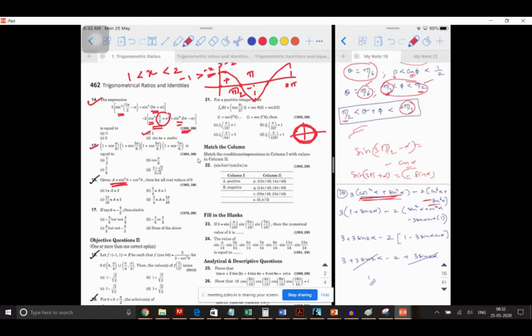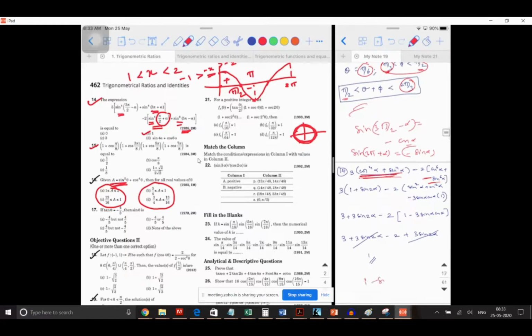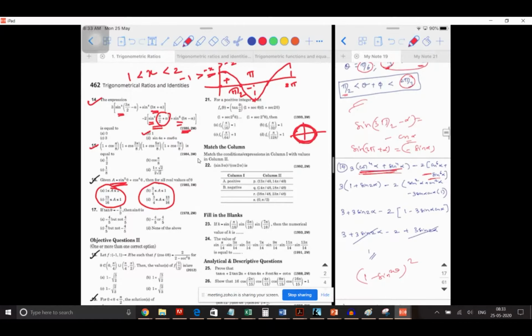I'm more concerned about when they ask you these kinds of ranges. Those are where you need to be careful. Tell me. You can write cos power 4 theta as cos square theta into cos square theta. Then you can take one cos square theta as 1 minus sin square theta and multiply. Then you'll get sin square theta plus cos square theta, so it'll be sin square theta plus cos power 4 theta, which is 1 minus sin square theta the whole square. Am I right? Yes, sir.